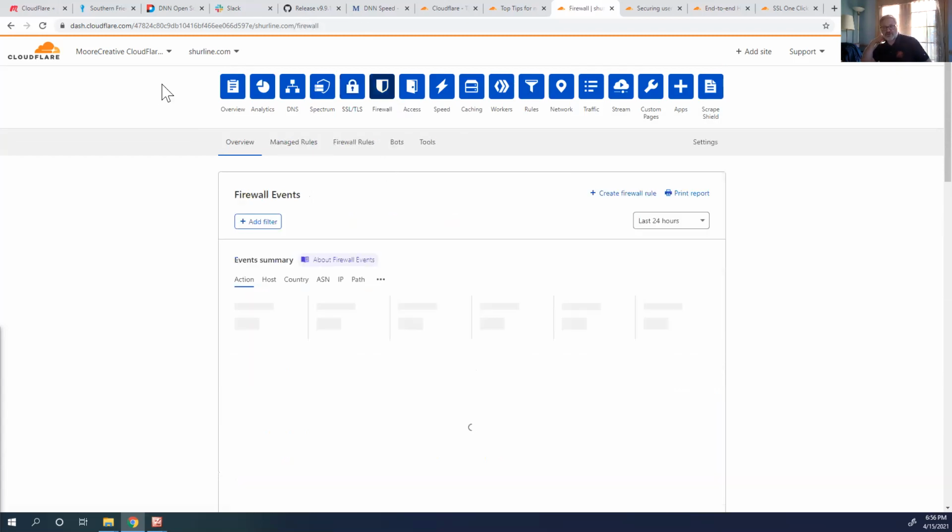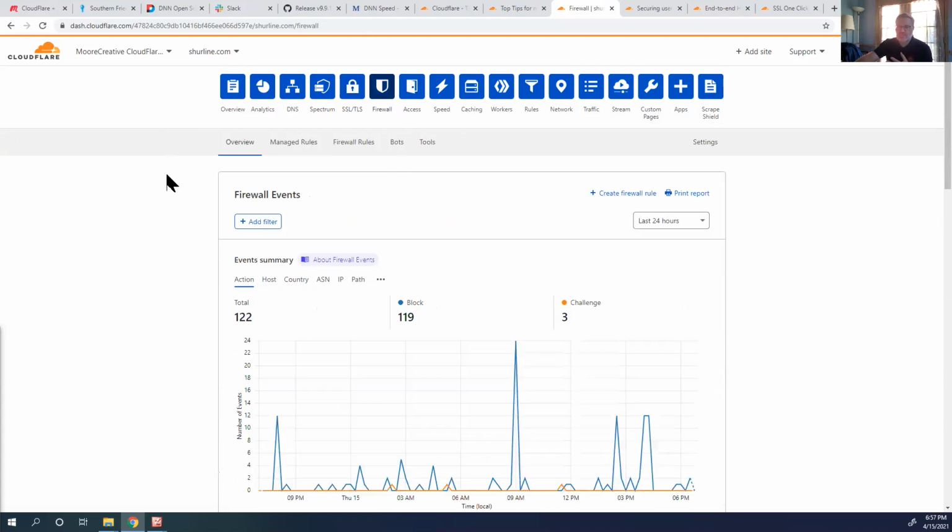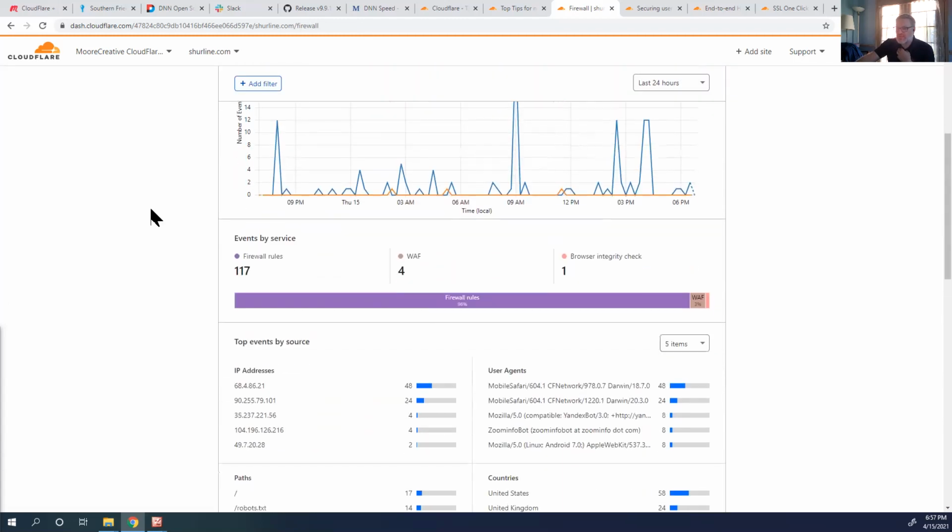Next, I wanted to talk a little bit about the firewall and the types of things you can do with either a free or a paid Cloudflare account for protections for your site. So to begin with, you can come in, and before I pass off to David, we'll finish by talking about some of the analytics and things you can see,